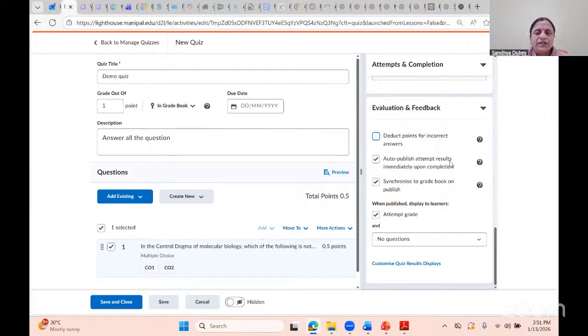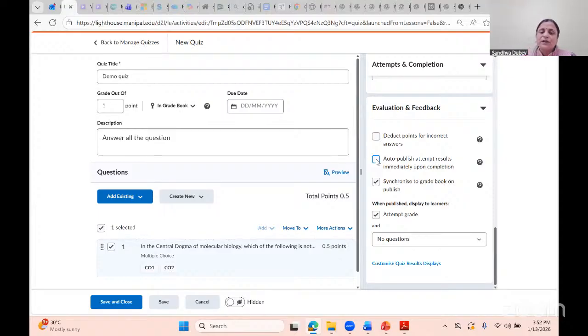answer, and auto publish result. This we do not go for, with auto publish, the limitation is this: consider there are 5 students who have submitted the assignment, and then they will come to know how much score they got, which question went wrong. So they will tell their friends that these are the questions, the answer I gave was wrong, don't go for those options.